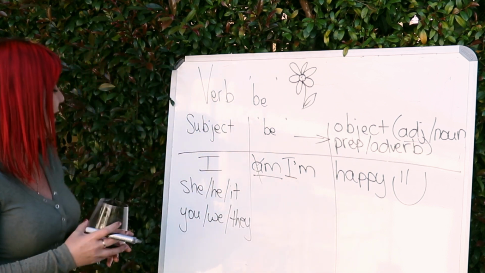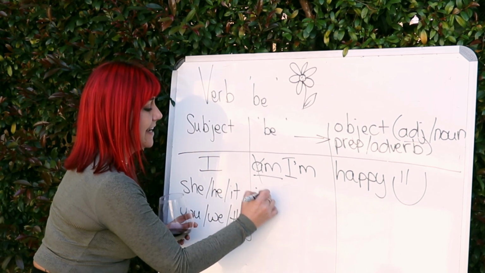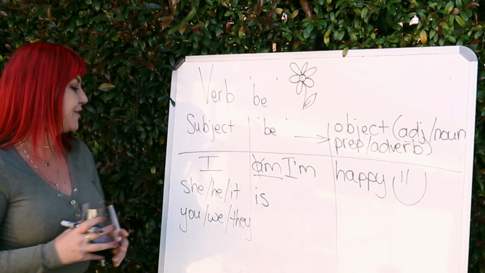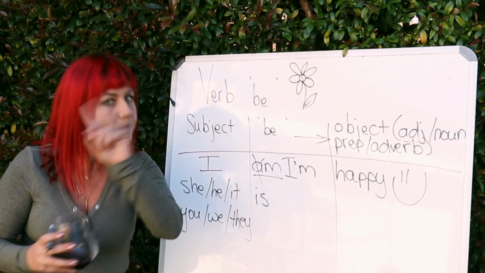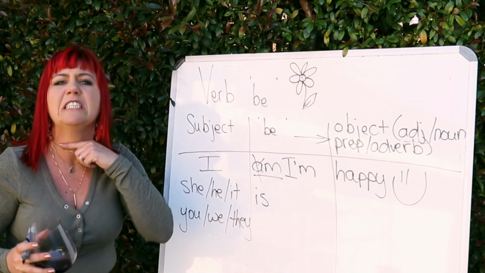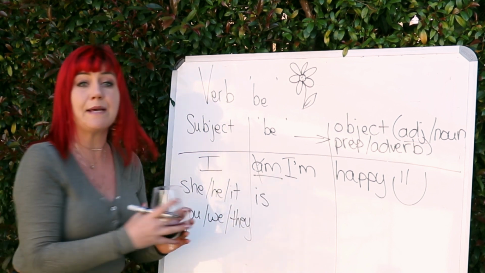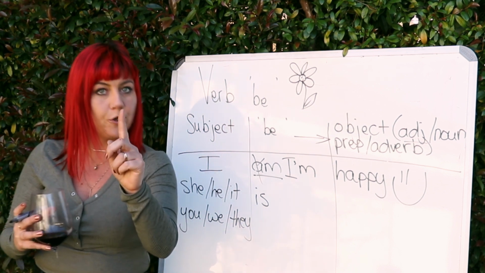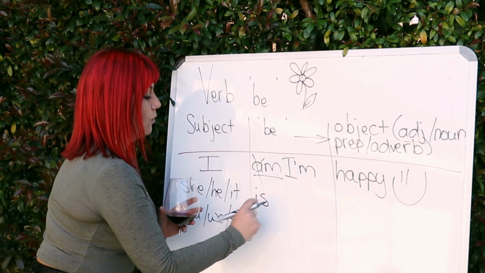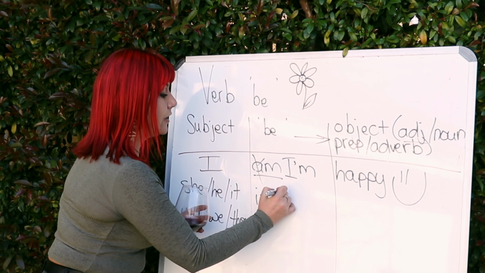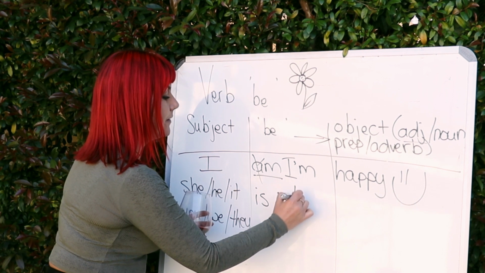Okay. Cool. So she, he, it. It's a different verb to be. This one we use is. Okay? So she is, he is. We don't say is, it comes from z. Okay? And it is. We're going to do the same thing. It's called to contract. You need to learn this word. When you contract, you put the two together. So we're going to take away another letter, and it's going to look like this. So we're going to use our apostrophe, S. Okay? So let's look at it.